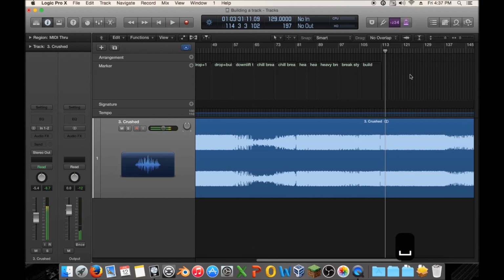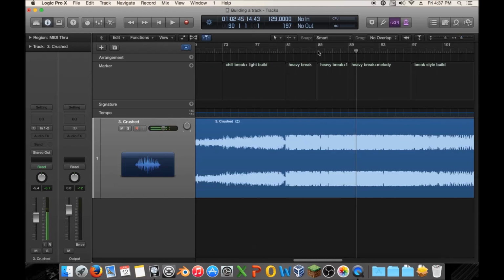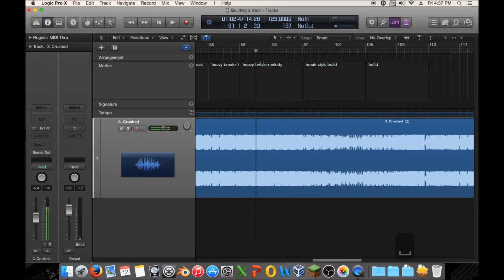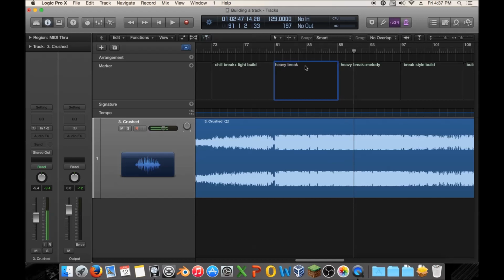Okay, let me pause that there really quick, and then we'll talk about what I went through here. So we know that the heavy brake, we just heard a melody come in. That one in the background there. And so that's what we're going to note there. We're just going to add a melody. And so it'd be worth noting in our heavy brake here that